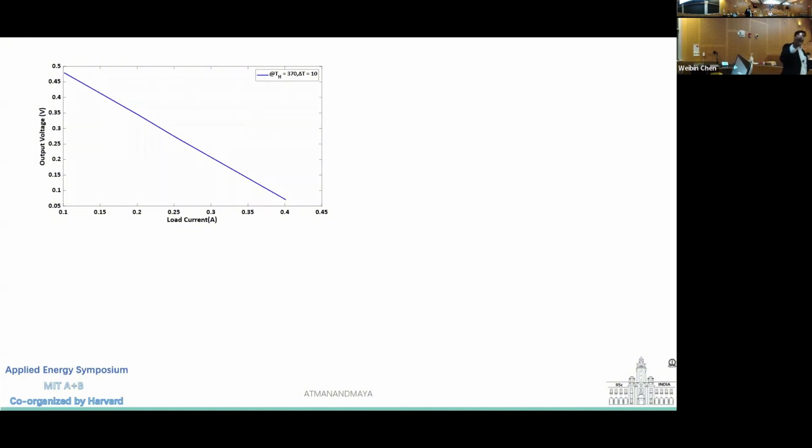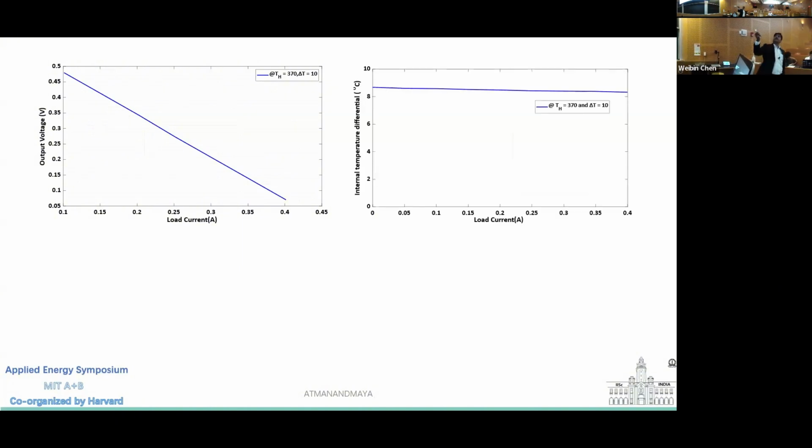This is the IV characteristics of the Peltier model. From this IV characteristics, I need to extract the Seebeck coefficient. From there, I can derive dT by dI, that is the slope of the temperature difference. When I derive this, the internal temperature difference is like this,